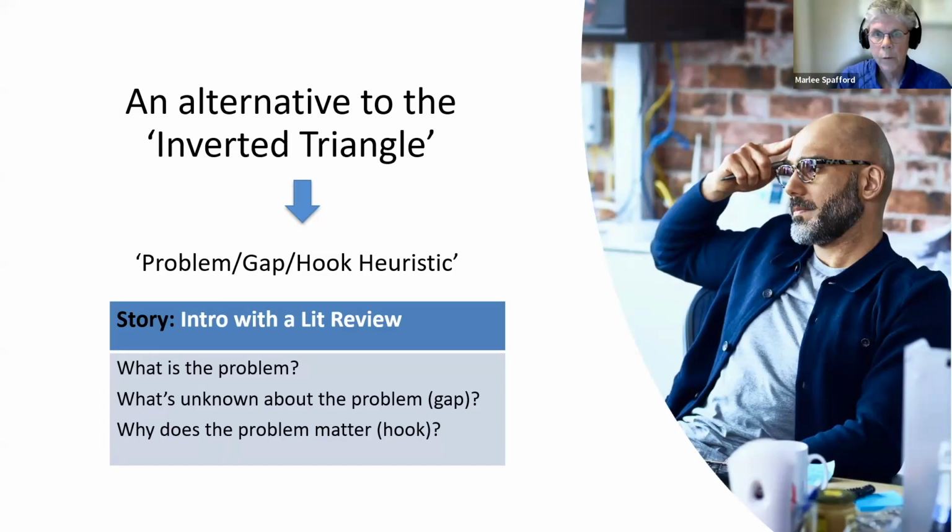What's unknown about the problem, or the gap? And why does this problem matter? Get the reader at the start. And if you do that, and you're clear about that in your mind with you and your co-authors, then what's left to say in the introduction becomes clearer because you've scoped it out, and now really it's going to be easier